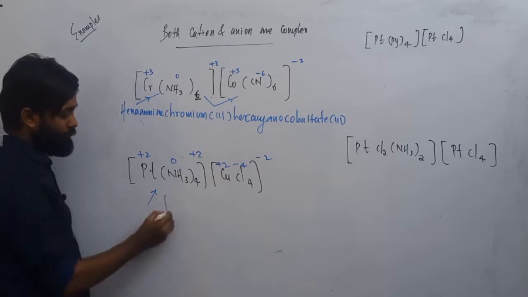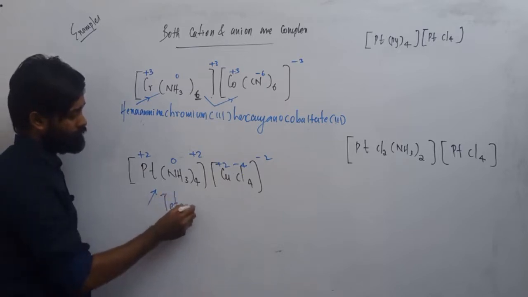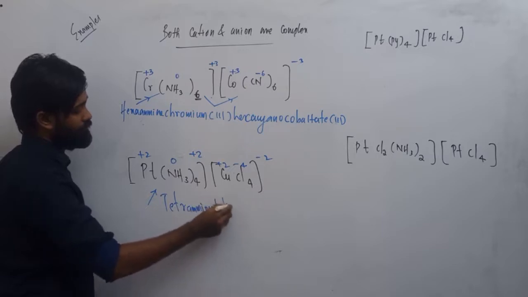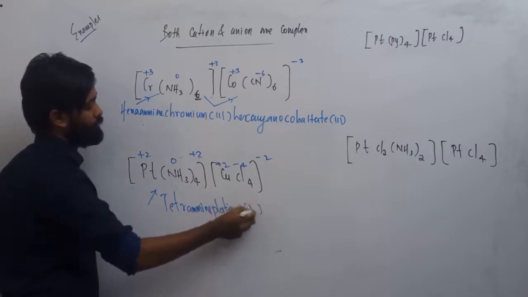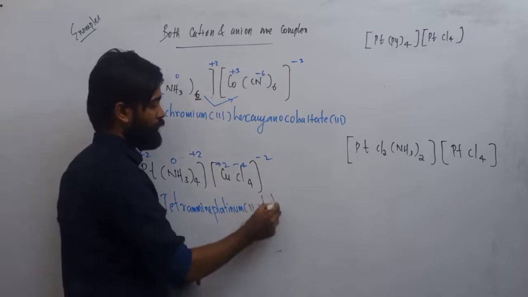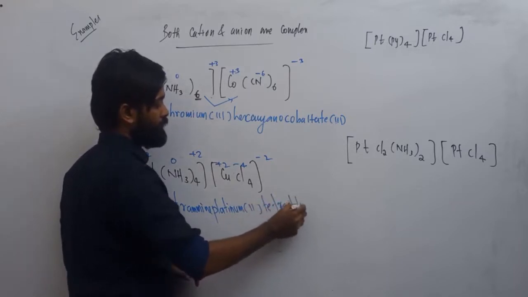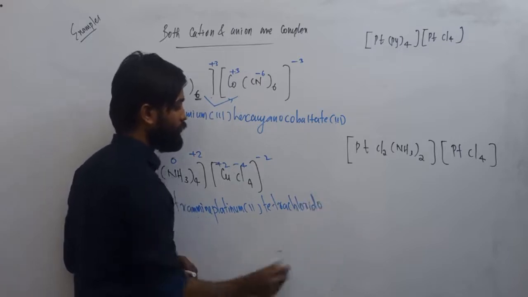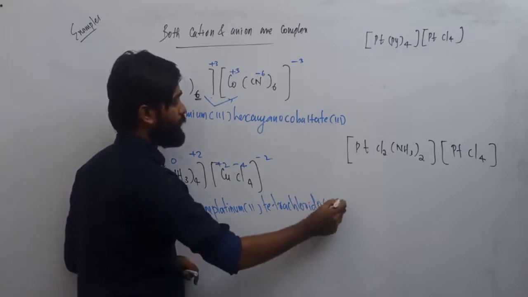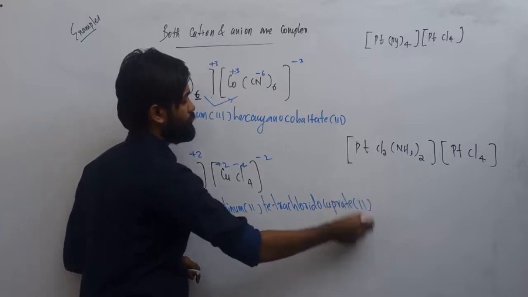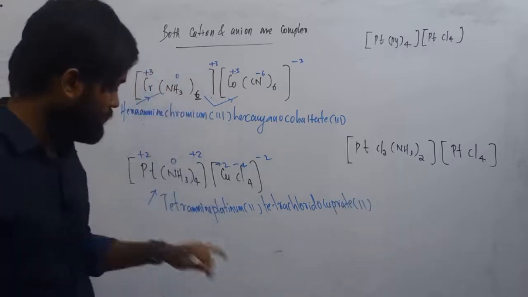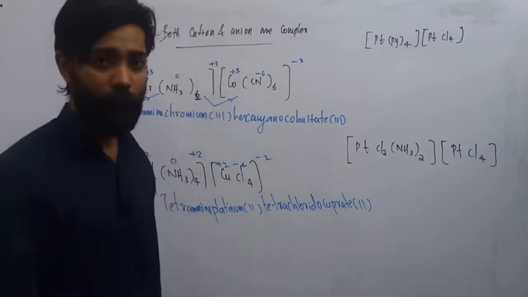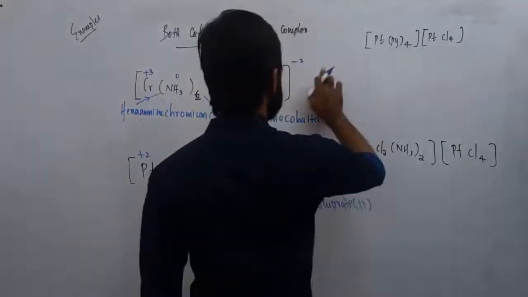So now the name is tetraammine platinum(II) tetrachloridocuprate(II). Okay, tetrachloridocuprate(II). Ready. The next,